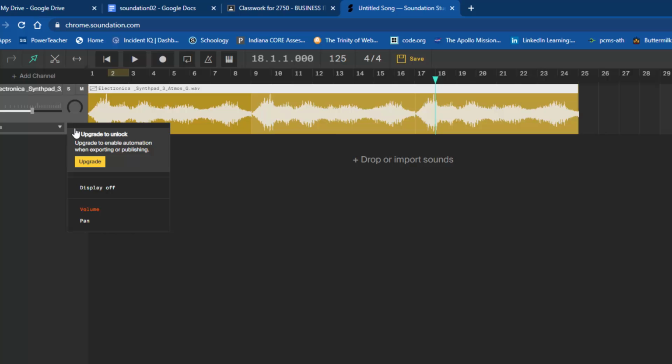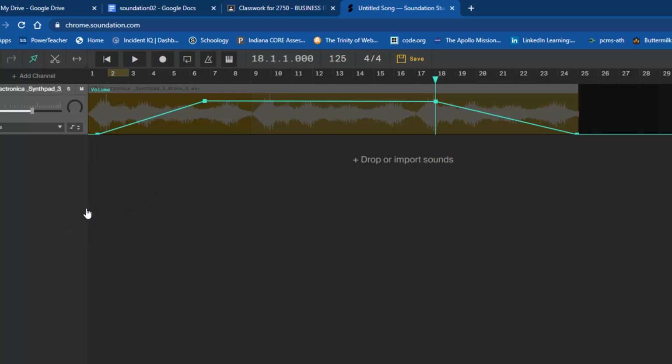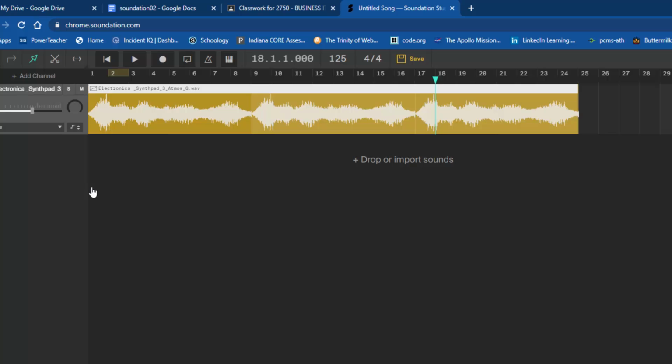If I were to go back to that box and click Volume, my markers and my slopes are still there, but I could just turn the display off so I don't have to look at them anymore if I don't want to, right? Okay, so I'm not sure that I'm in love with that little piece of music there,